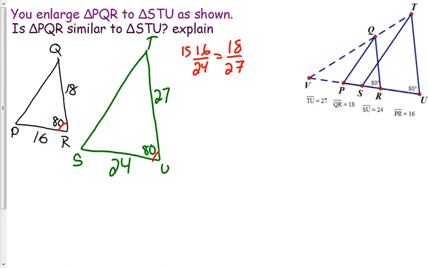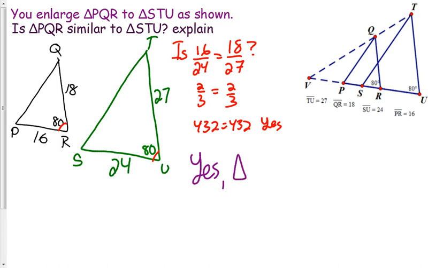And again, if you simplify both fractions, you would get 2/3 equals 2/3. Or if you did the multiplying, you would have 432 equals 432. So that's a yes. They are proportional. So are they similar? Yes, we have two pairs of proportional sides. We have a pair of included angles. So our final answer is going to be yes,